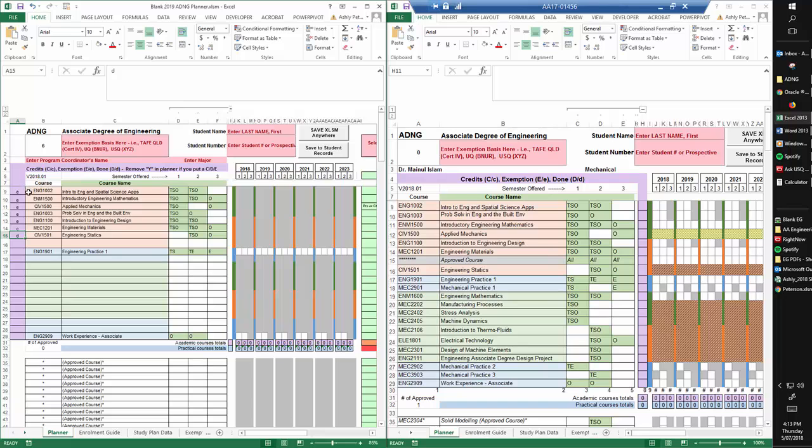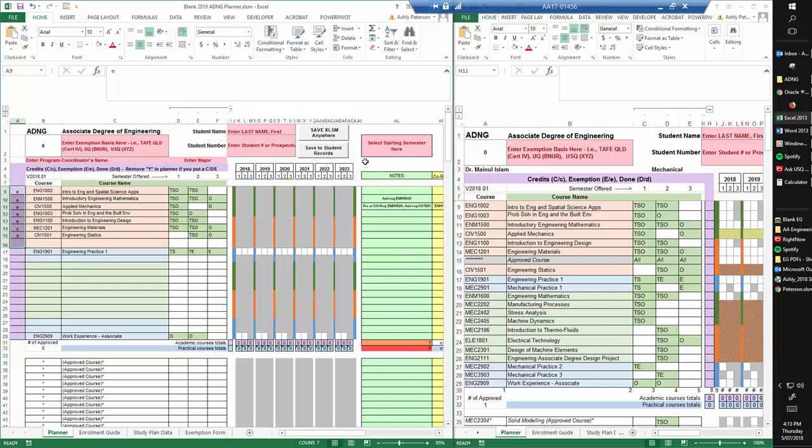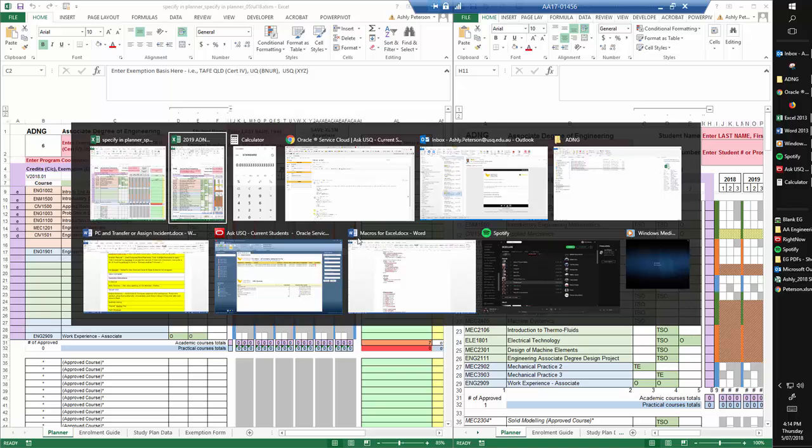And that is all you need to know. There's no copying, there's no pasting, it's just E, and once you have completed your assessment and filled in these E's and the name and the student number and the basis, all you have to do is hit Save to Student Records. And that is going to create a file that sits in the Student Records folder